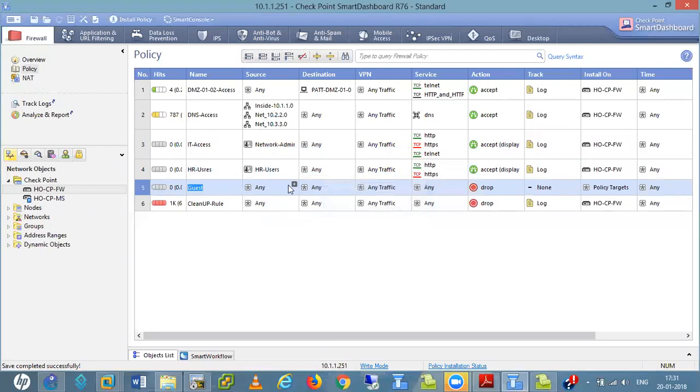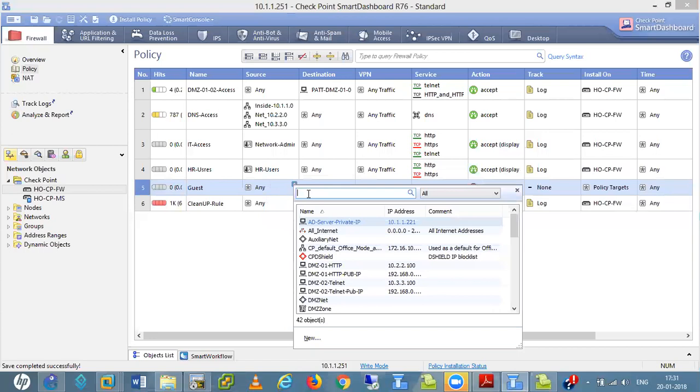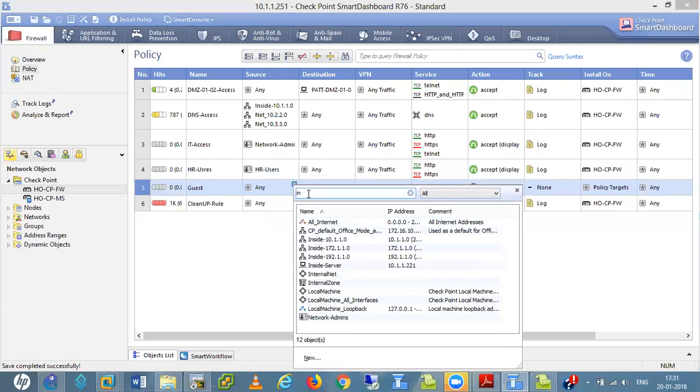Generally in a company we have one guest SSID for guest users, so we give that guest SSID and guest users connect with this SSID.